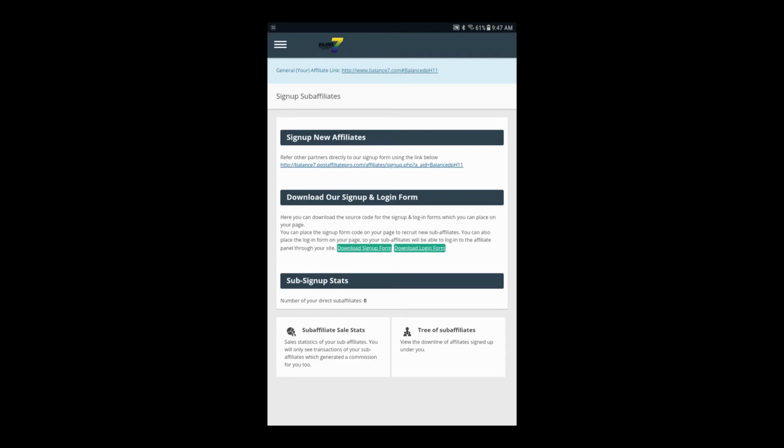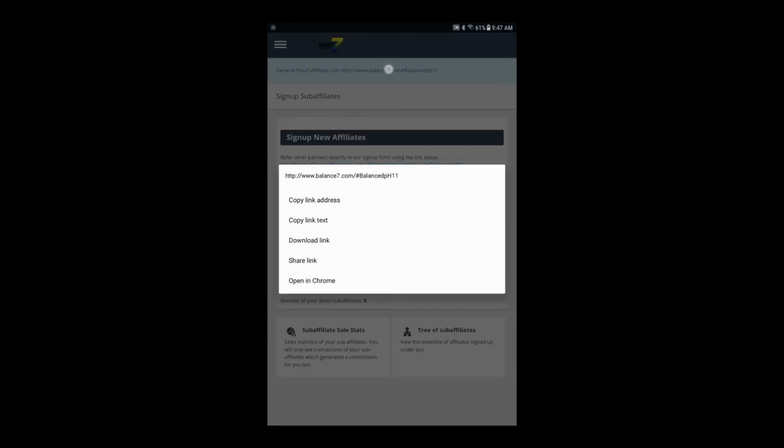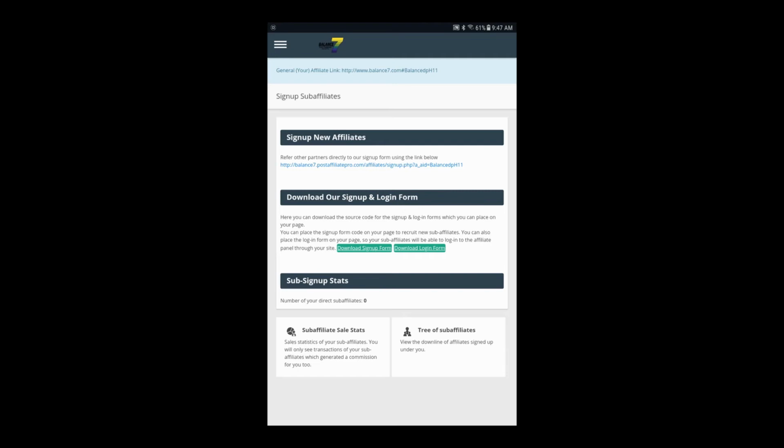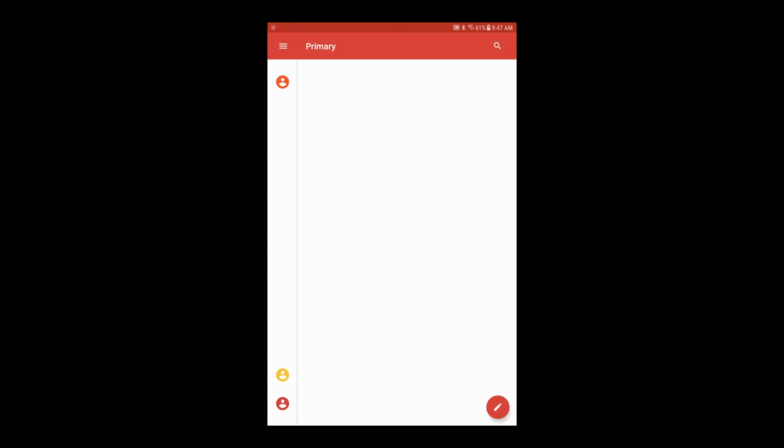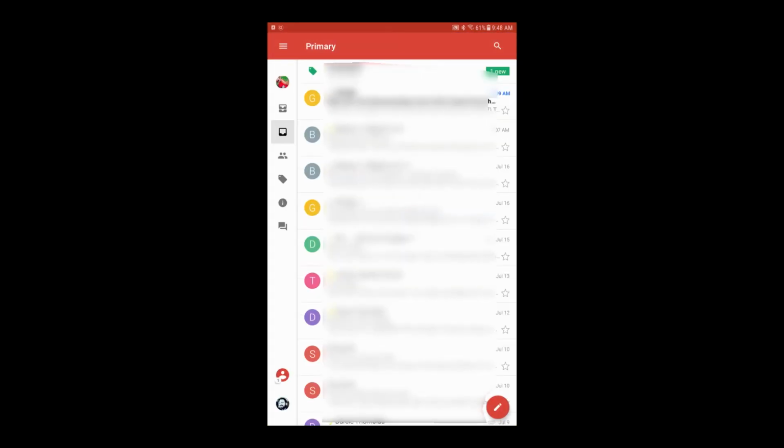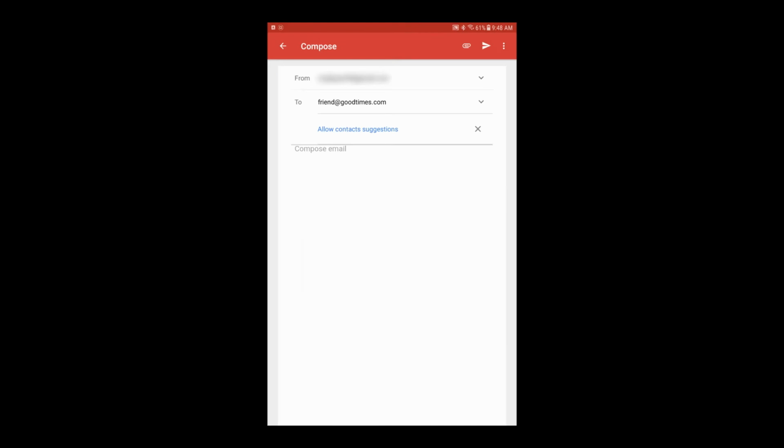So if you're on a tablet or a phone, you can copy the text of the link by pressing your finger down on it and holding until the menu comes up. And then you'll see text that says Copy Link Text. Click on that and say, for example, you wanted to send an email to a friend. You would open up your email program, then you would open up a new message, put in their email address,